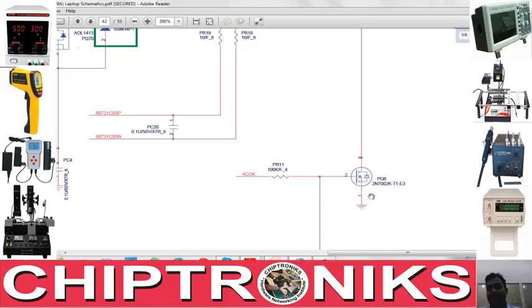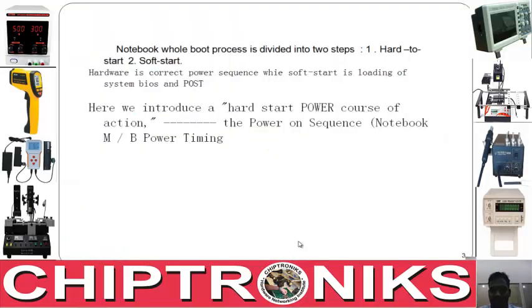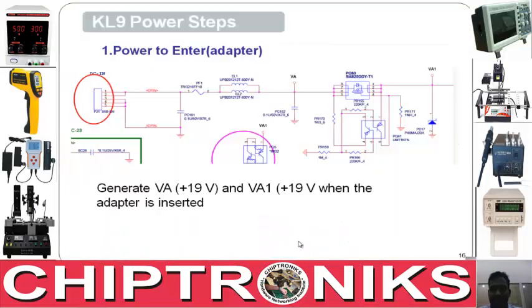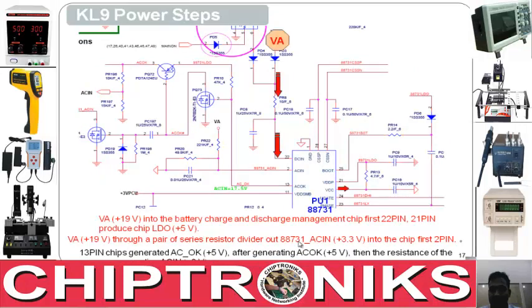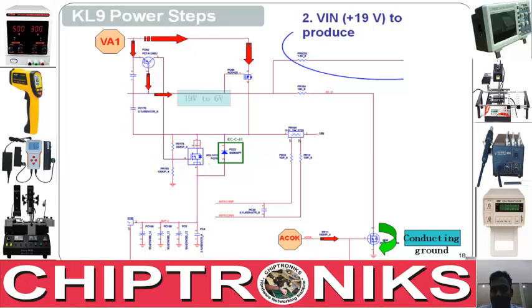So for an N-channel MOSFET to conduct current, VGS has to be positive, so the gate is at higher voltage than the source, so it will allow current to flow from drain to source. That means the switch will get closed. So go back to the presentation and we'll see over here. Yeah, so this will conduct to ground, right? And if it conducts to ground, then this will provide a